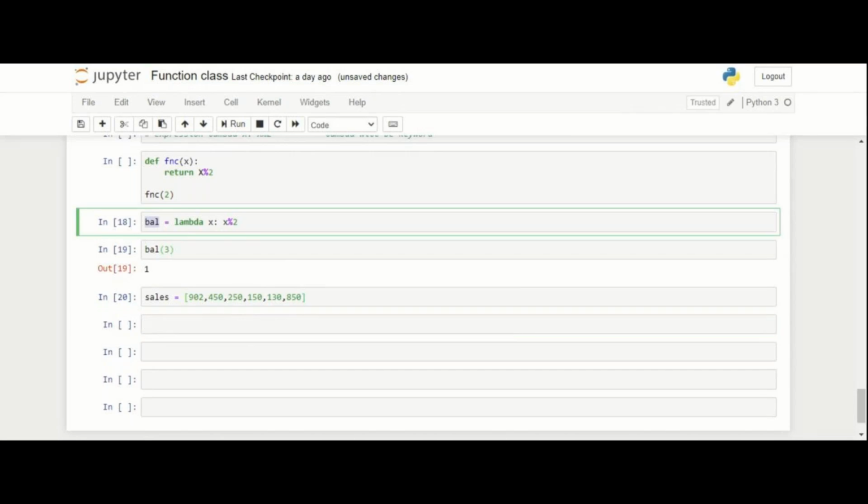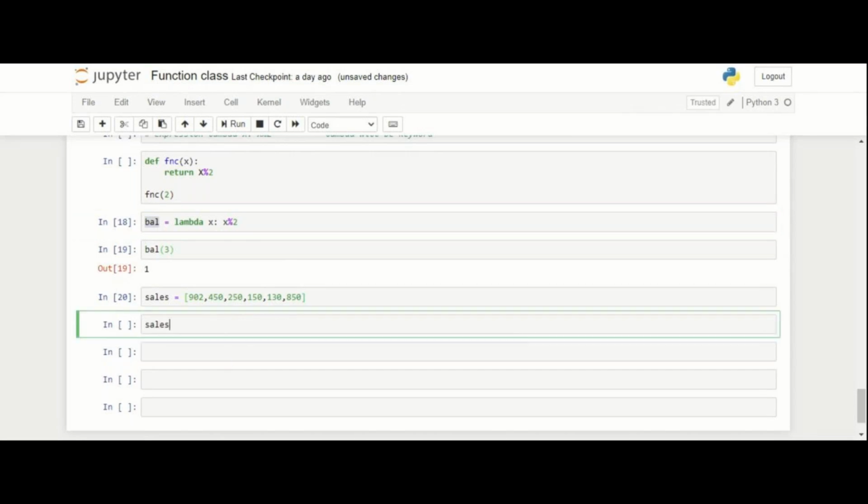So I need to filter my sales, right? First I need to pass it something like list, because I'm passing my observations through a list. And then I will define filter, because I need to filter my sales amounts that are greater than 500.